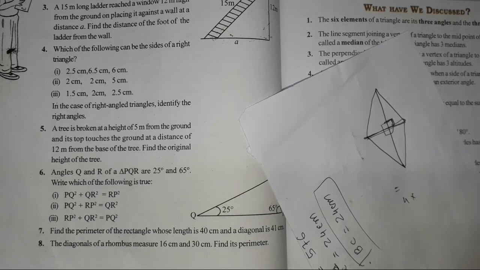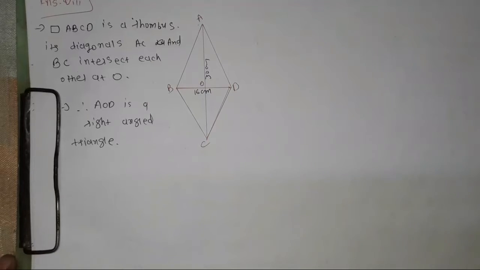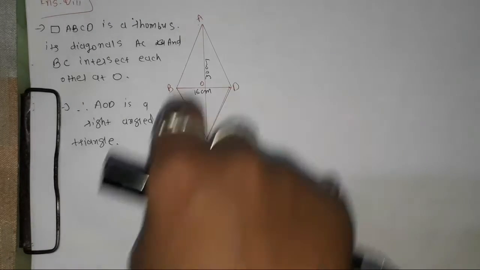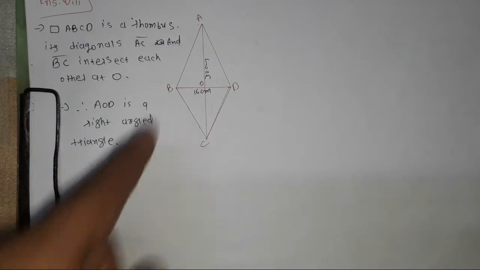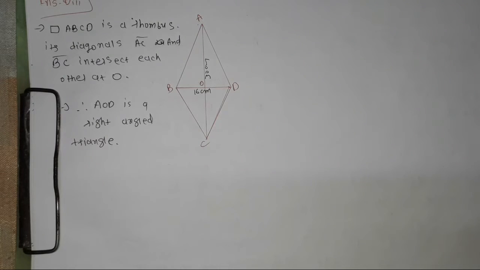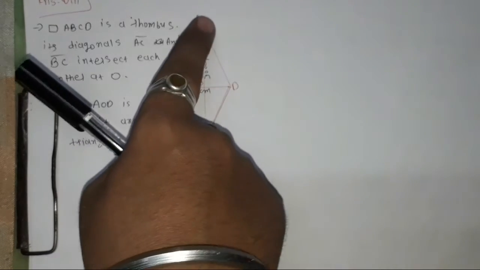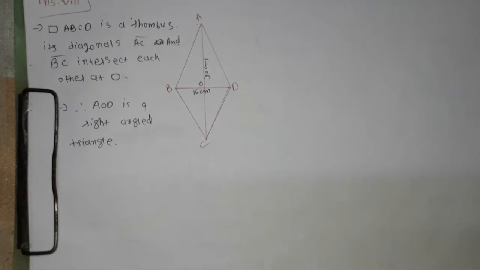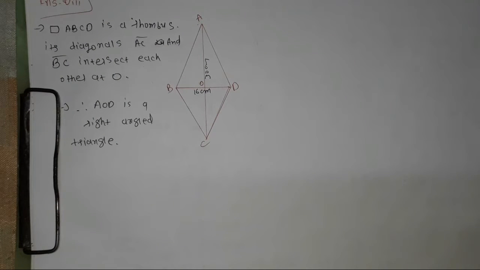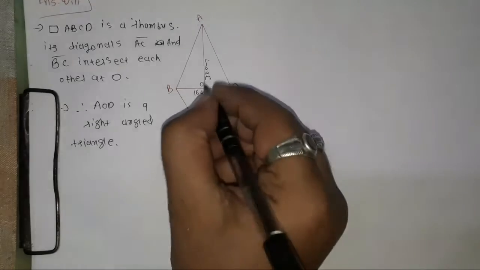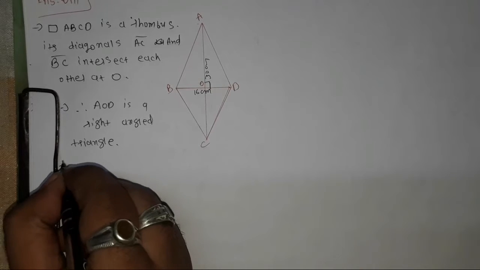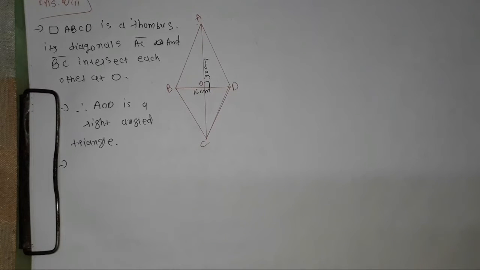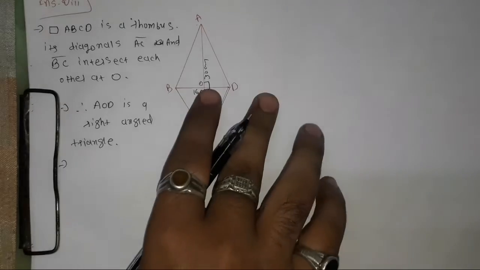Here I am showing a clear figure. Here you can see rhombus ABCD, its diagonals AC and BD intersect each other at point O, and we can see all the triangles are right angle triangles. If I consider triangle AOD, or you can consider any triangle, this triangle is a right angle triangle. In that, first of all we can use the Pythagoras property. To use that, we need the measure of the sides OD and OA.